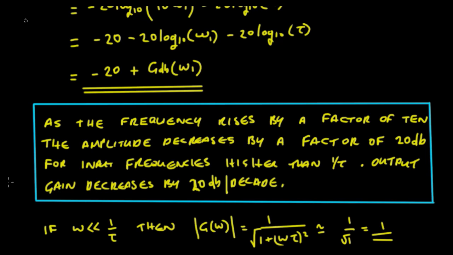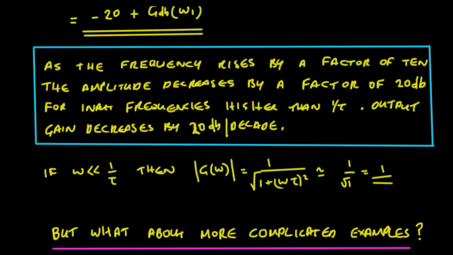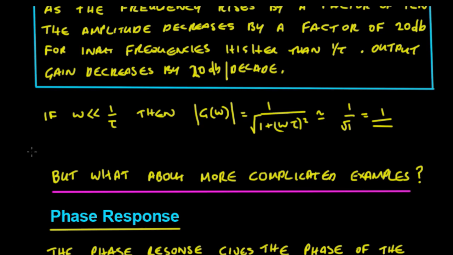Okay. Now if we look at the other side, if we think about omega as a small value, so it's much less than 1 upon tau, then you can say that g of j omega is 1 upon the root of 1 plus omega tau squared. So if this is very small compared to the 1, then the 1 dominates. So that equals 1 upon the root of 1, which equals 1. So it's just saying that the gain of that is going to be 1 or 0 dBs. So that's us looked at the